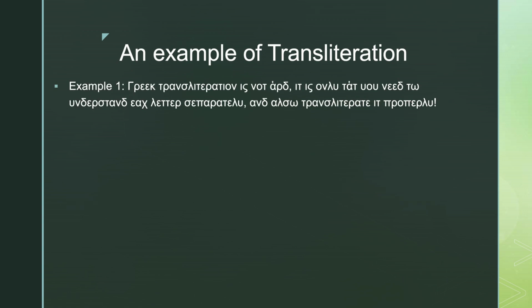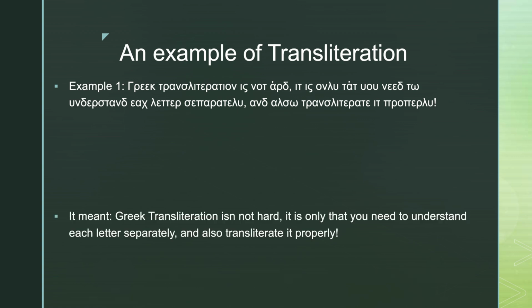This is the first example. Of course, I could do it vice versa, but let's do it Greek to English because it's harder. Pause the video and try to transliterate this. Okay, done? Let's go. It means